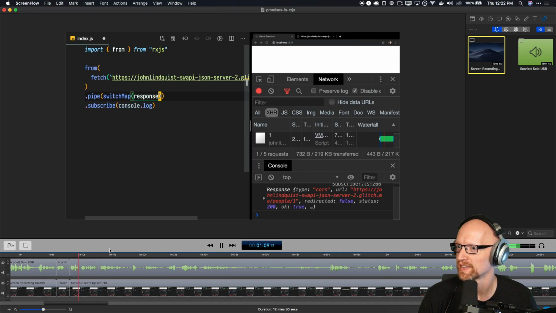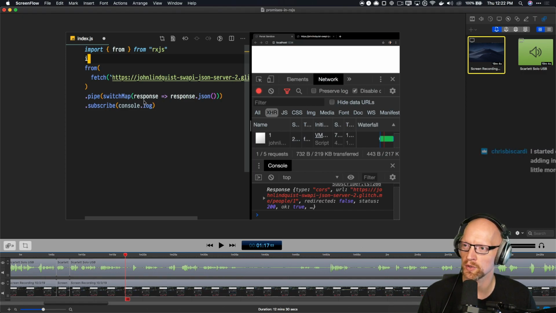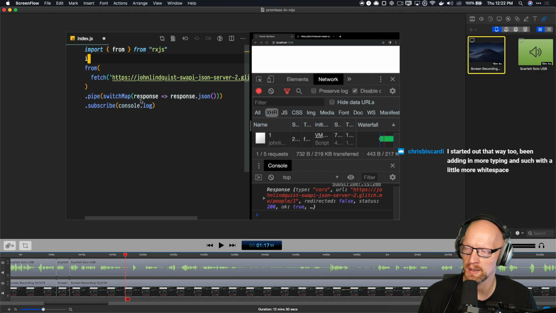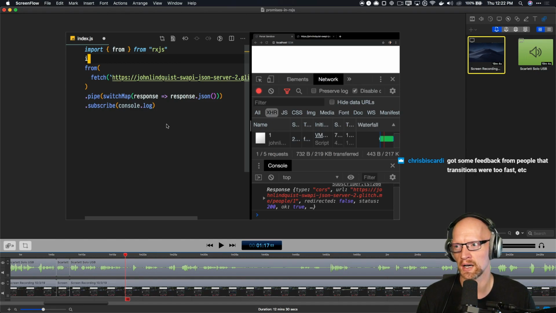But on the response, and then use the response.json. Now to use the switch map operator, we do need to import that. One thing I will point out here is when you're naming things, and I know naming things can be really difficult in programming, I would just use the word response. I'm not going to name this anything else. If its type is response, type out the entire word response, or maybe res if you're deep into the lessons. But you never know who's watching. You don't know if it's someone new to that or not. Anyway, so